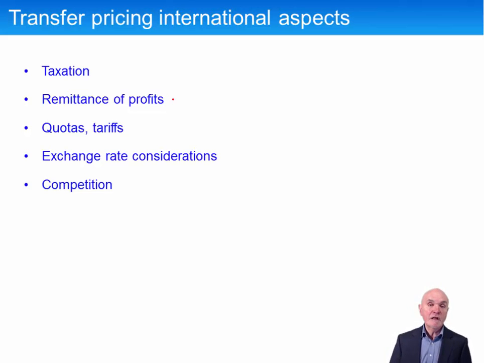And finally, we have to have an eye on the competition. It's all very well saying, I want to transfer at this price. But we've seen from these examples where we can sell externally or buy externally. We just have to watch what the competition is up to and make sure we don't set transfer prices which favour the competitors at the cost of group profit.